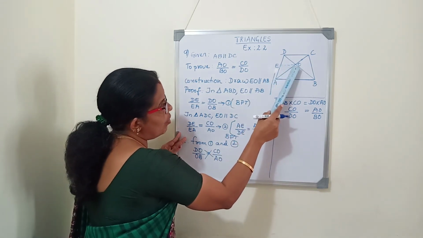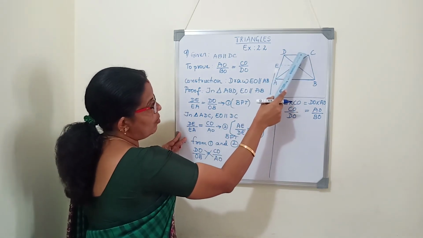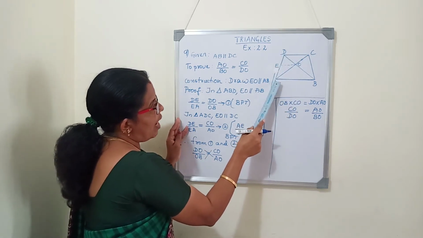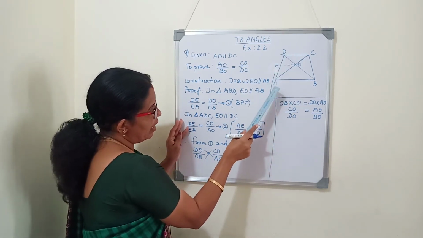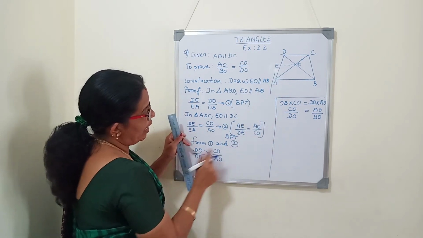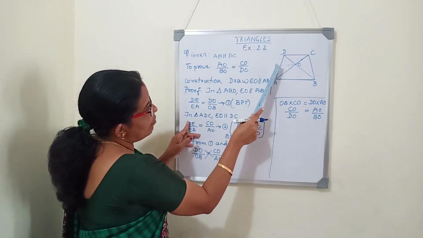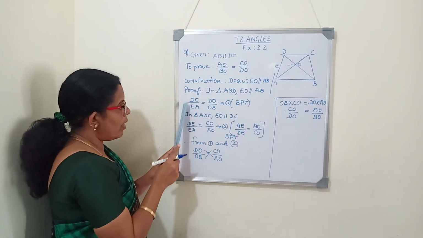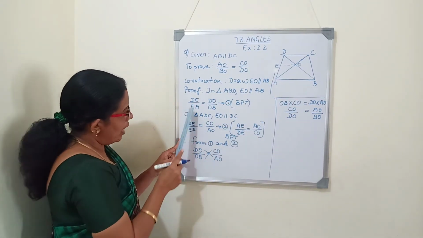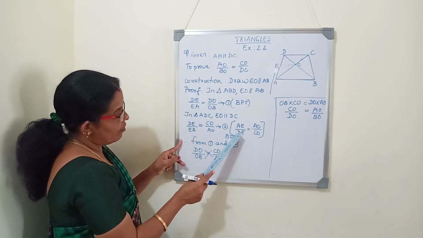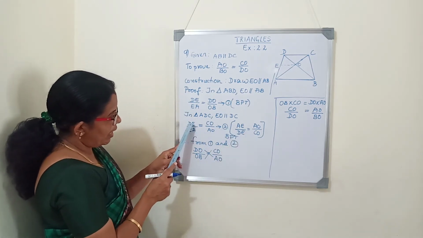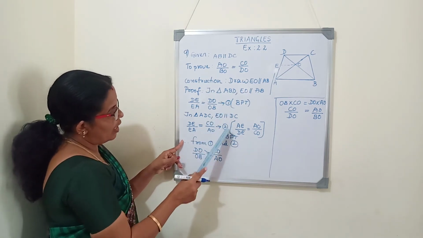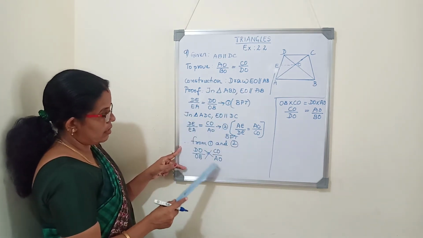Now, this EO is already also parallel to line DC. So, in this triangle, when we write BPT, we can start from A or we can start from D. If you start from the common point A, the ratio will be AE by ED equals AO by CO. But as DE by EA we had already written, to get the same value in the LHS, we will just reverse it. So we will get DE by AE equals CO by AO. So from 1 and 2, LHS are equal, RHS will be equal.